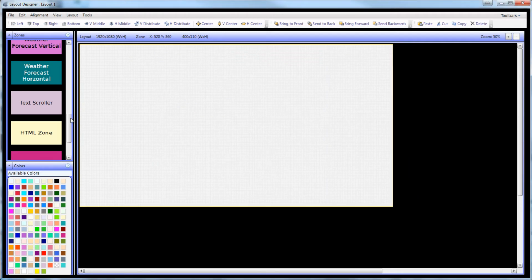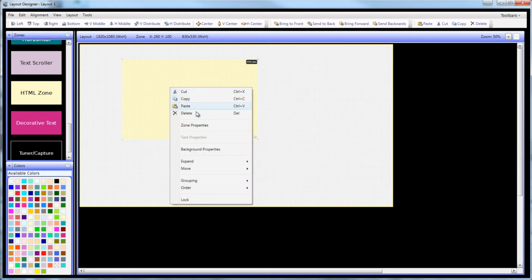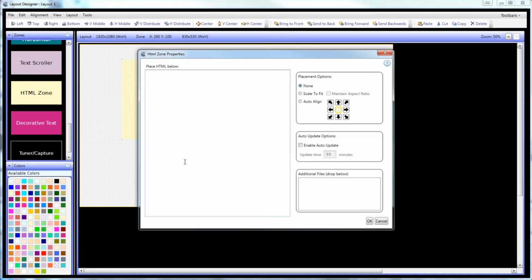After that, we've got the HTML zone. This zone I'm not going to go into a whole lot of detail on because I'm going to do a video on the entire zone. But I just want to touch base on what the zone is and what it does. You can place HTML code into this box, or you can place JavaScript into this box and display it on your screen. You can tell it to update every so many minutes and scale to fit the screen or fit